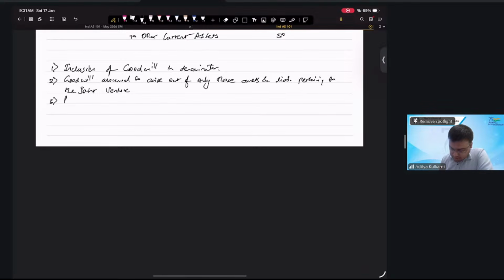Next, third assumption: parent has no items of net assets appearing in the balance sheet shown as